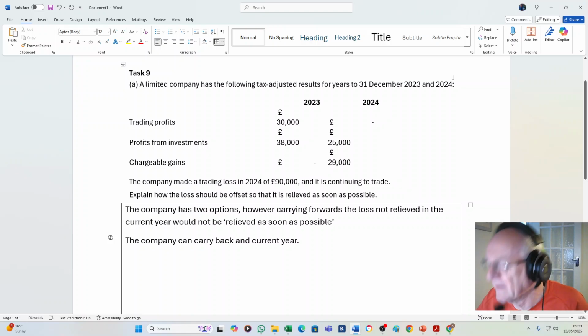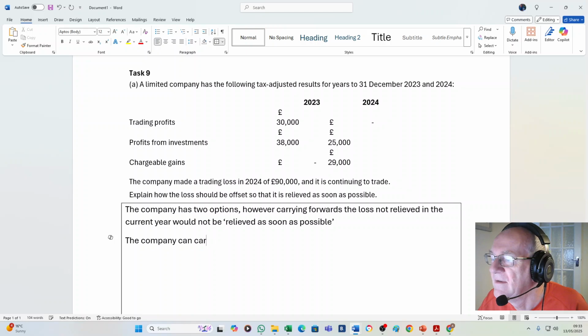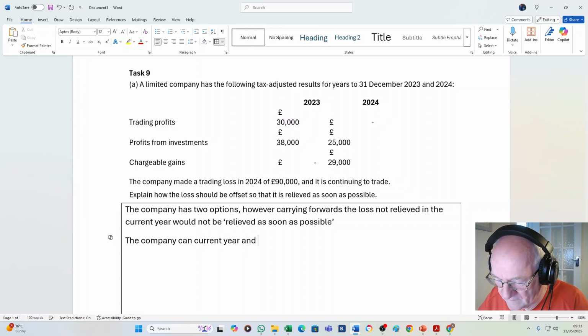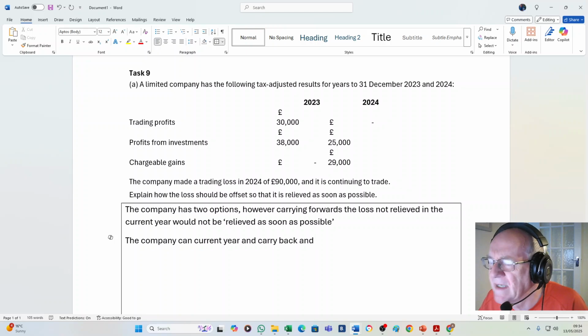So I've actually got that wrong. Hopefully you spotted that one. And now I'm going to be more precise. The kind of detail that if you missed out on your original draft, you can go back, tidy up, get it right, get the marks, because this will help. It wasn't particularly wrong. Current year and carry it back against.